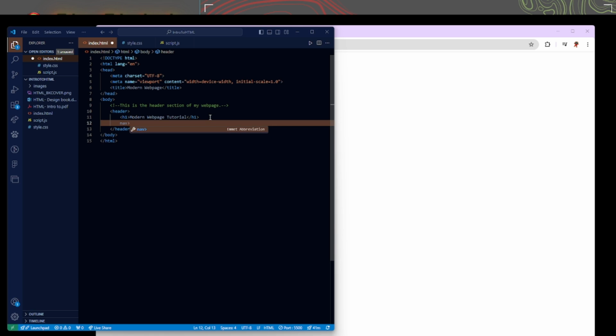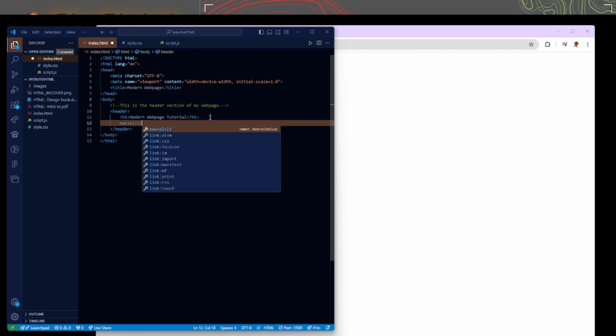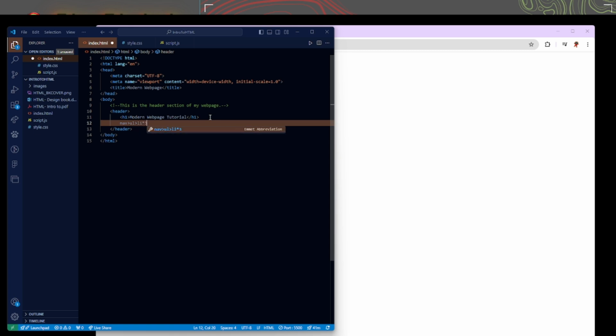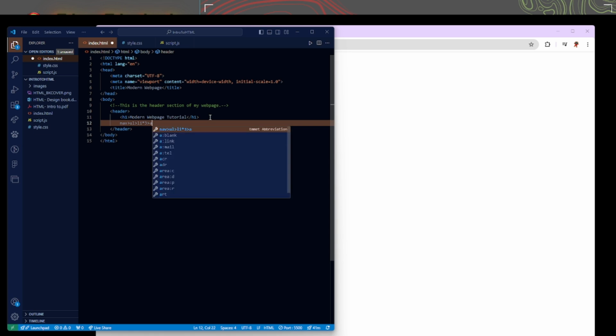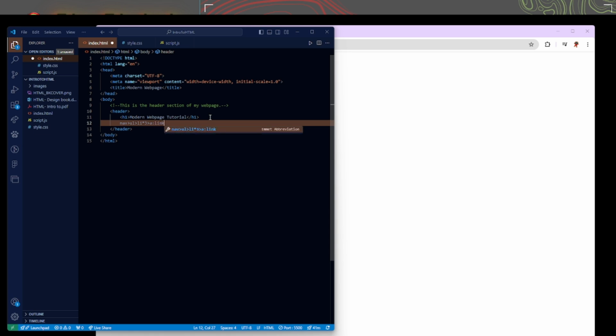So we got the navigation menu, then inside of it I want an unordered list. But we're not going to stop there, because inside of this unordered list, what I want is 3 list items. So I want to do a list item times 3. And inside of these list items, I want to put an anchor for placing in a link or some type of